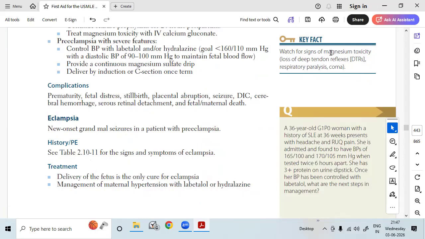How will you watch for magnesium toxicity? Very important: magnesium is notorious for its narrow therapeutic index. It causes loss of deep tendon reflexes, respiratory paralysis, and coma. Okay, and you need to check the amount of urine which is